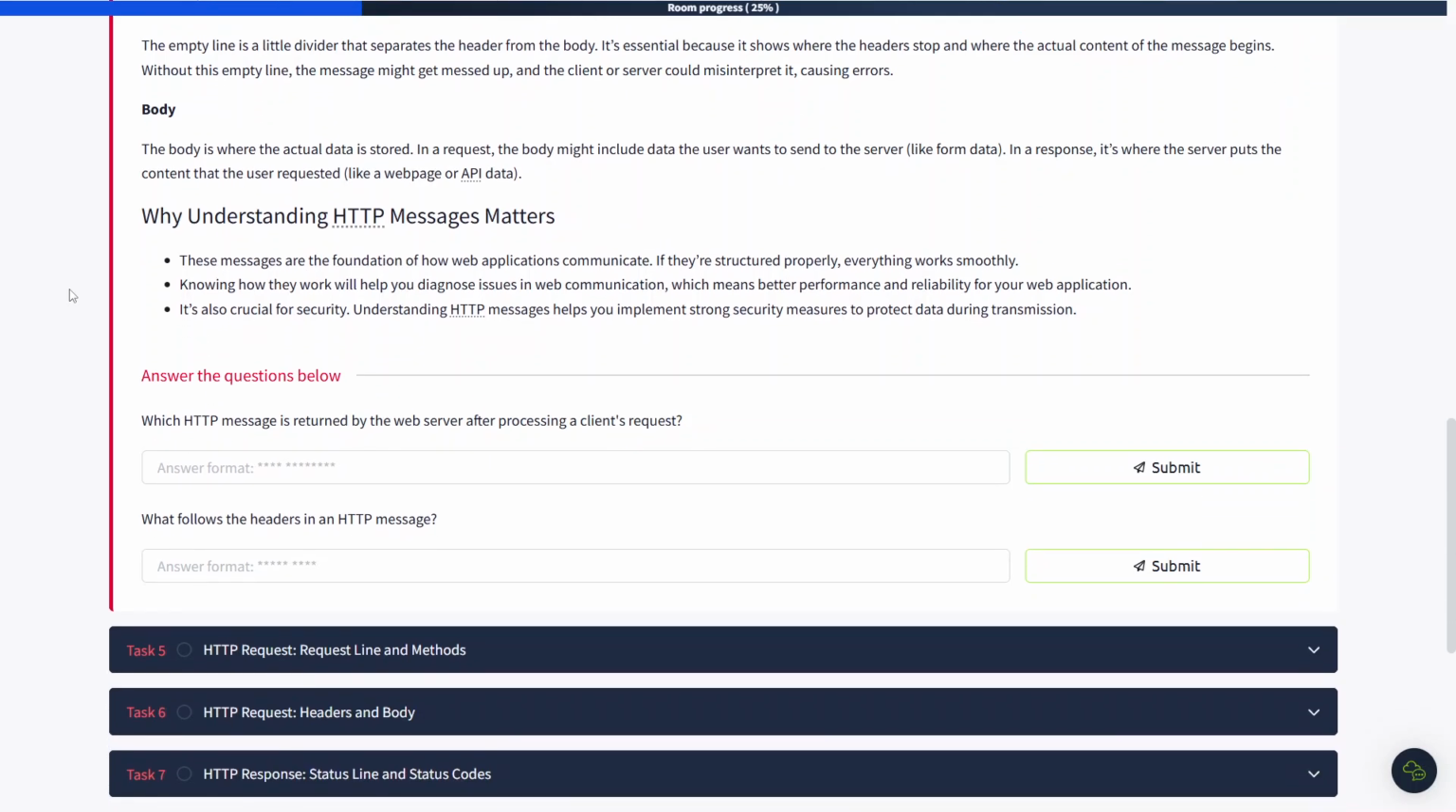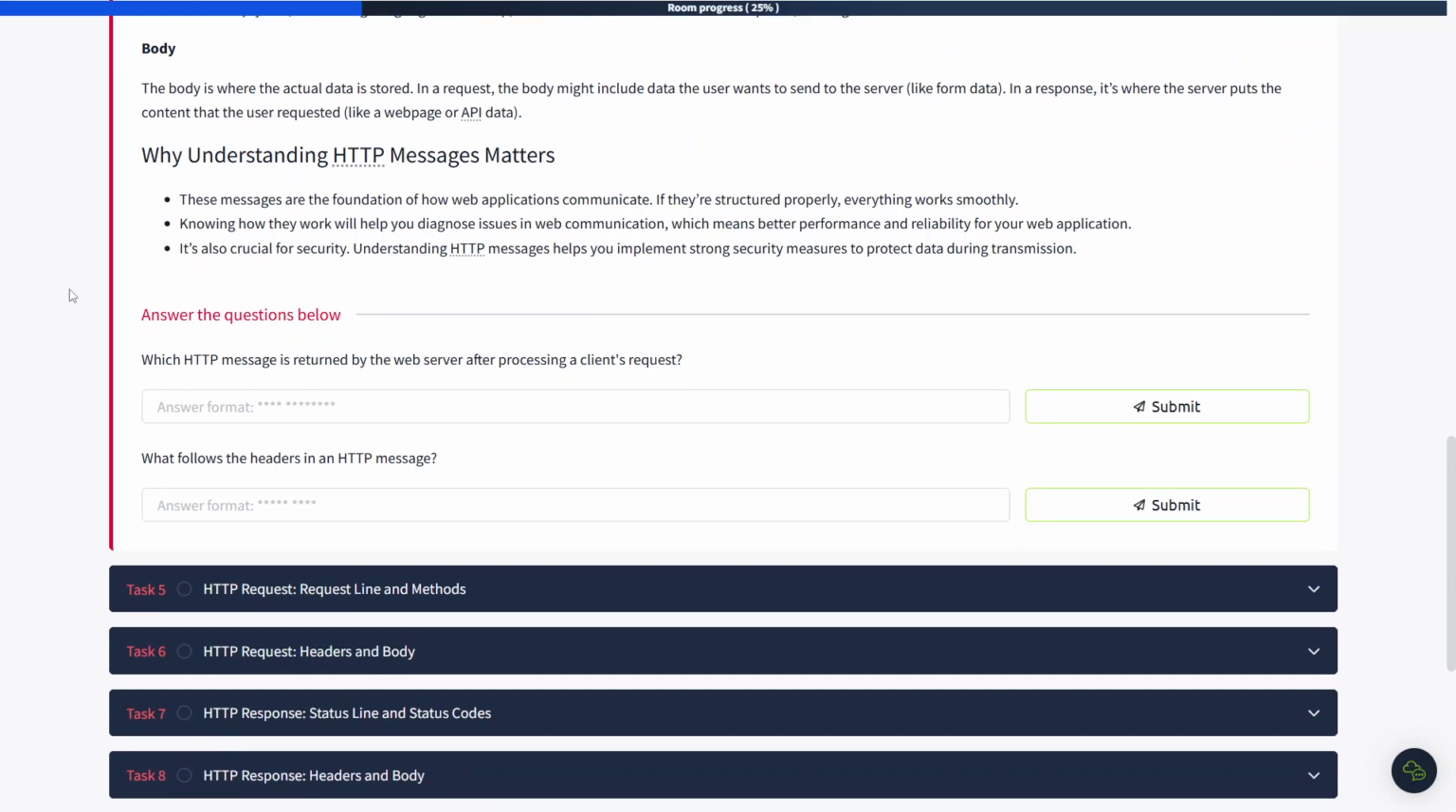Why understanding HTTP messages matters. These messages are the foundation of how web applications communicate. If they are structured properly, everything works smoothly. Knowing how they work will help you diagnose issues in web communication, which means better performance and reliability for your